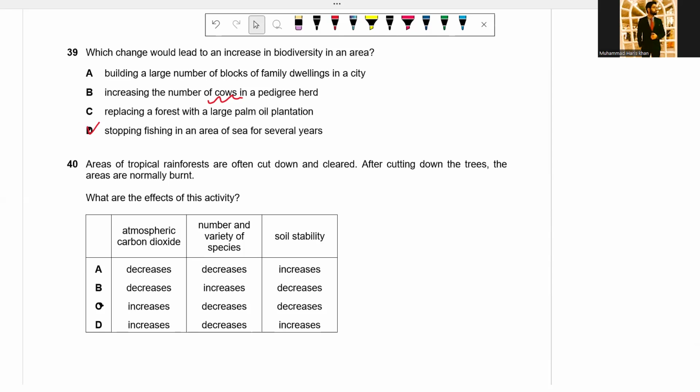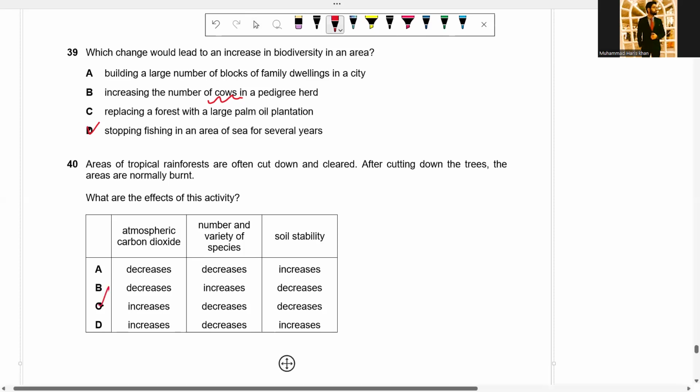So you will have the appropriate option in C and D. Next, the number of variety of species. No, the variety of species will decrease. The burning of the tropical rainforest will decrease the biodiversity. And then the soil stability. The soil stability will also decrease, and it will increase the